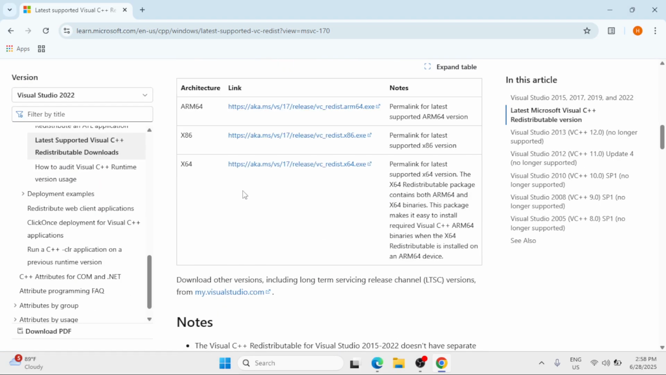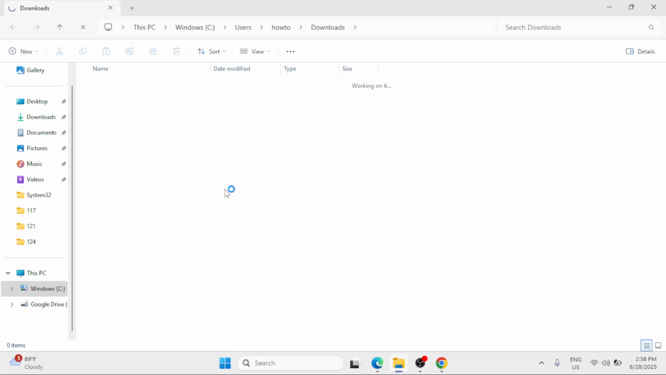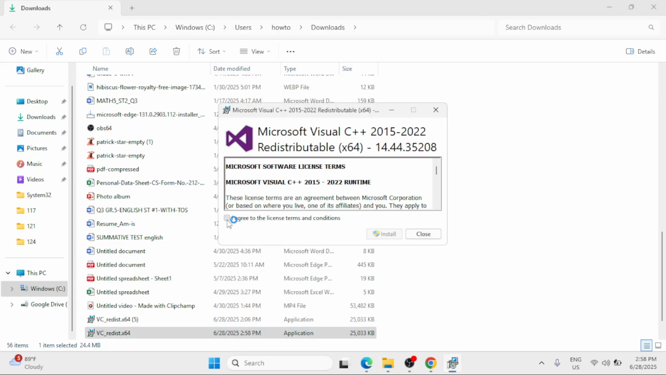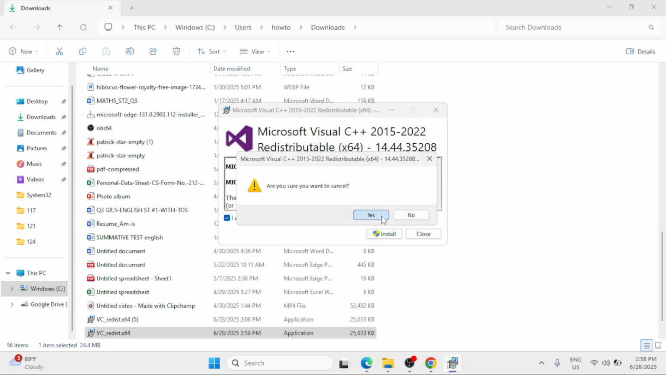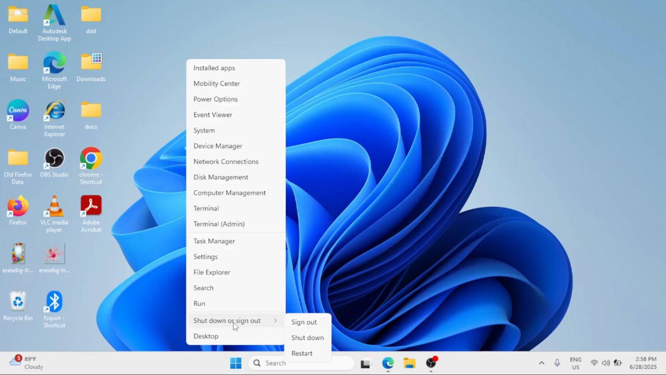Scroll down and click the download link corresponding to your system type, then click on the folder icon. Simply double click on it. Click on I agree to the license terms and conditions, click on install, and simply install this into your Windows 11. Now once done, just right click on the start button, choose shut down or sign out,